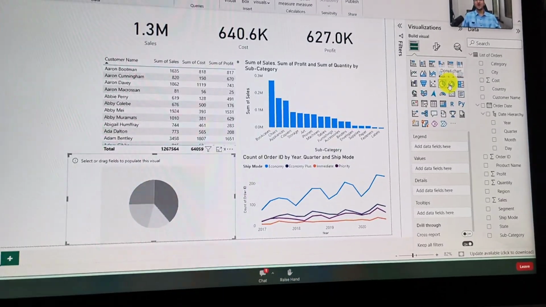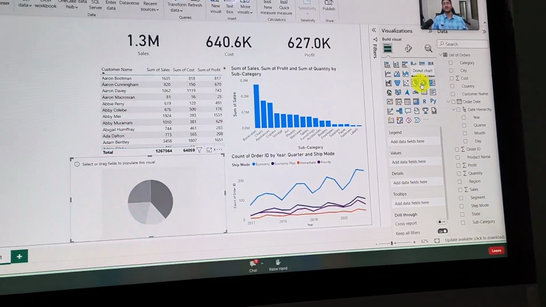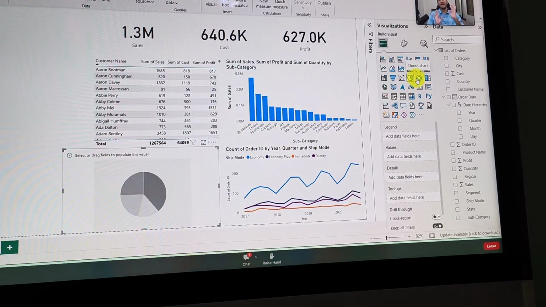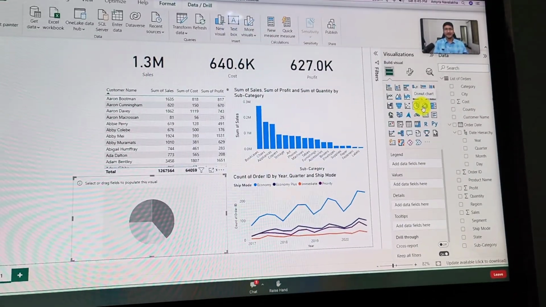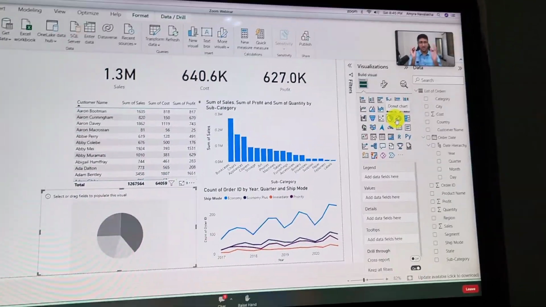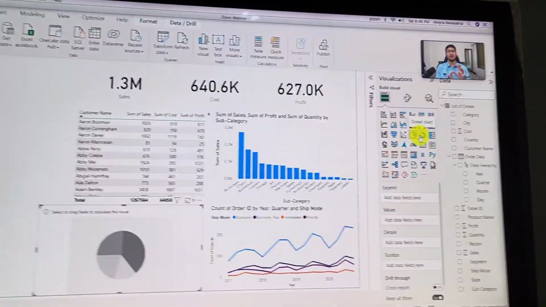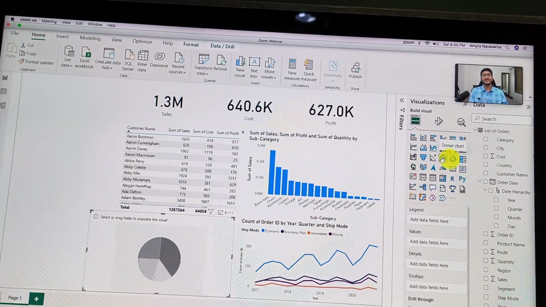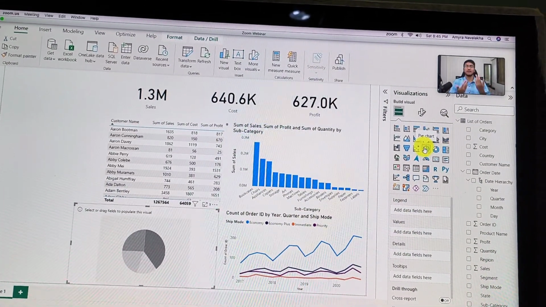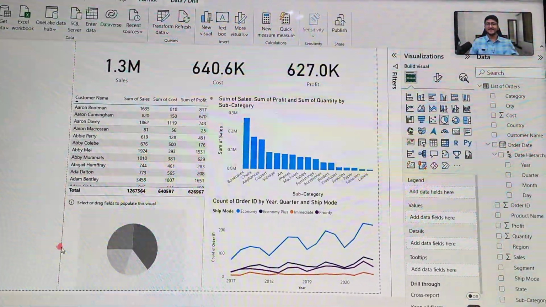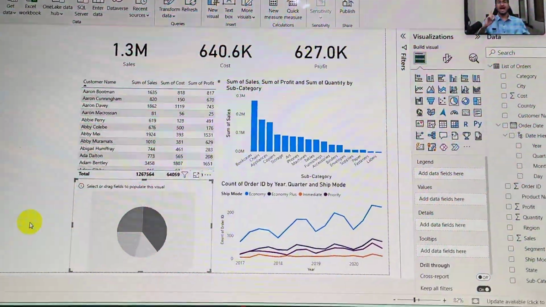By the way, guys, you have also one more thing called a donut chart, which is nothing but a pie chart with a hole in the middle. It looks like a donut. That is why it is called a donut chart. The process to create the donut chart and the pie chart is the same. So if you want to insert a donut chart, you can do that also. If you want to insert a pie chart, you can do that also. Up to you. Okay. So I'll go here, make it a little bit smaller,